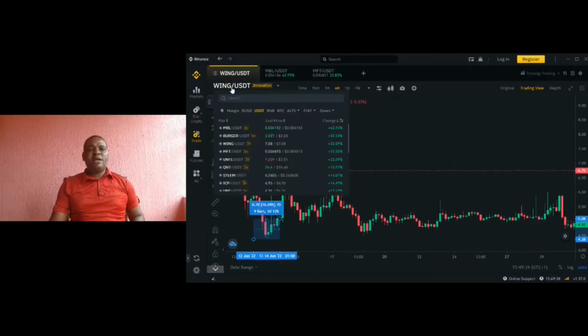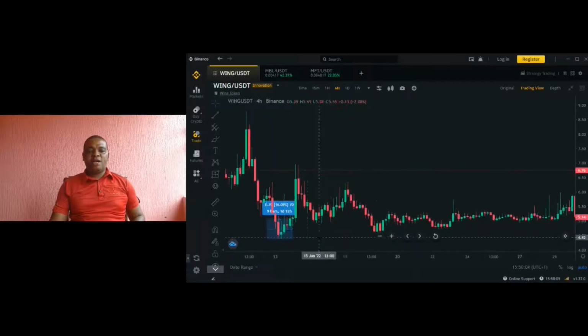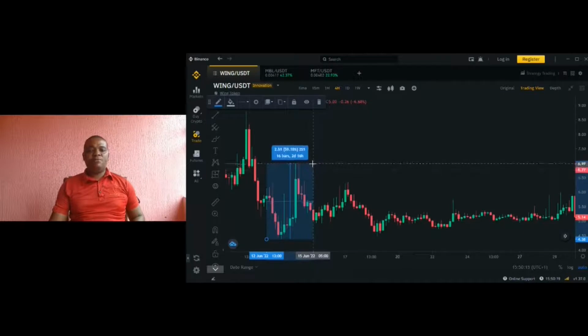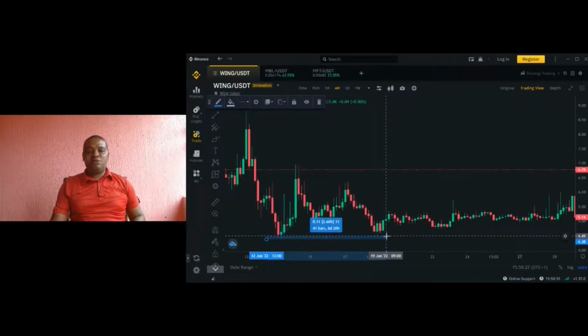Okay, moving on to the next crypto ticker symbol, WING. The most current bullish trend section of the WINGUSDT cryptocurrency pair started from the lowest price of this green candlestick bullish trend starter, which is $4.38, and bounced up by 59% and then dipped back down to 12%, and then bounced up again by 44%, and then dipped back down to